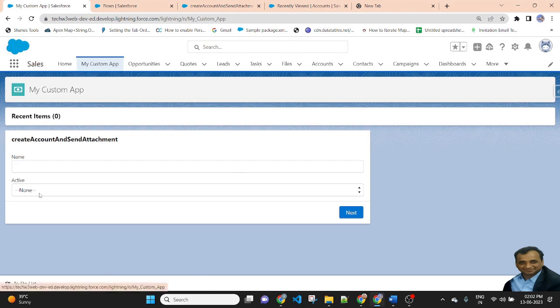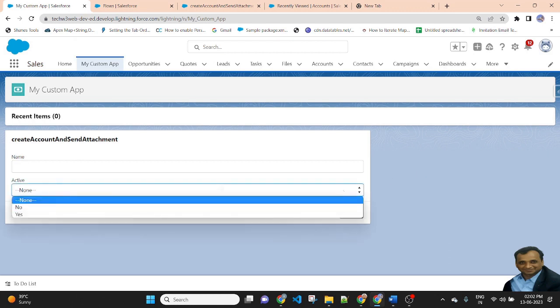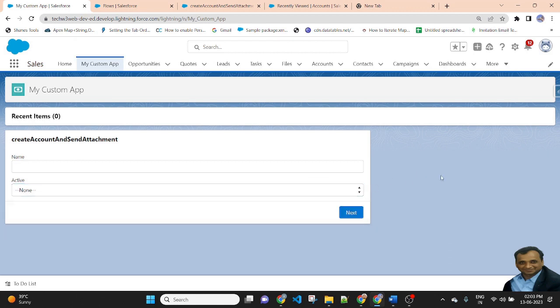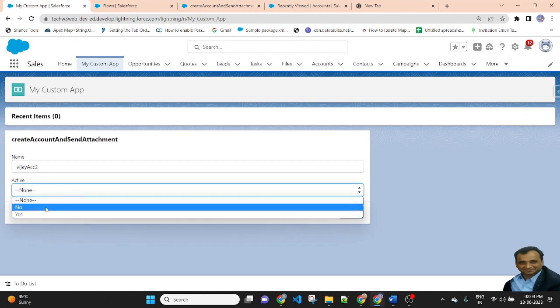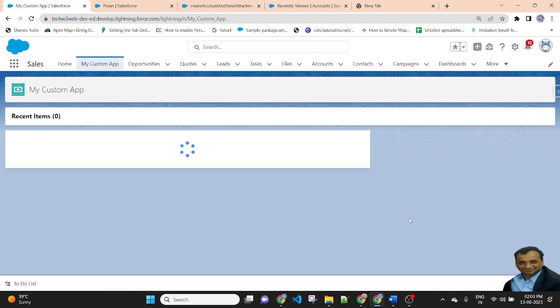In my custom application, I am creating an account flow here, and this time I will select no. So if you select no in the active select option, no screen flow comes for uploading a file. So Vijay account 2, and this time I am selecting no, then next.